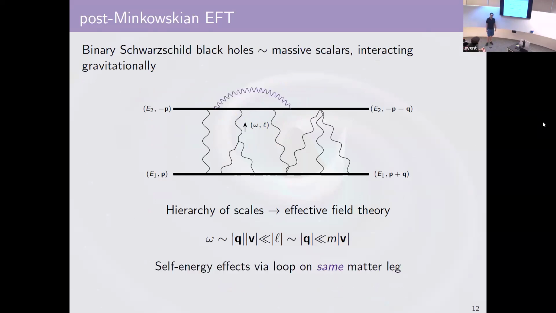If we want to go to radiative stuff, now we have to add either an external graviton, or there are ways of extracting radiative information by doing self-energy computations, which is where your black hole diagrammatically emits and then reabsorbs some graviton. But you can do some tricks with the integrals and taking discontinuities on your integrals to open that graviton up and turn it into statements about radiation instead.